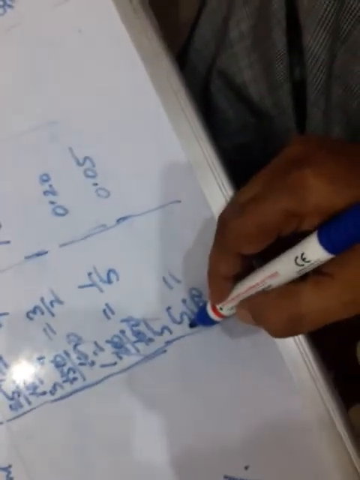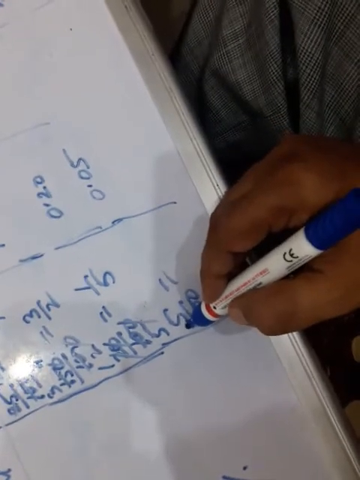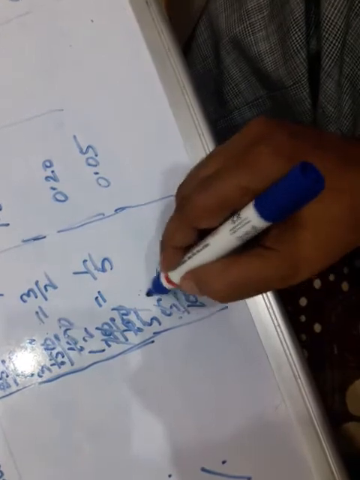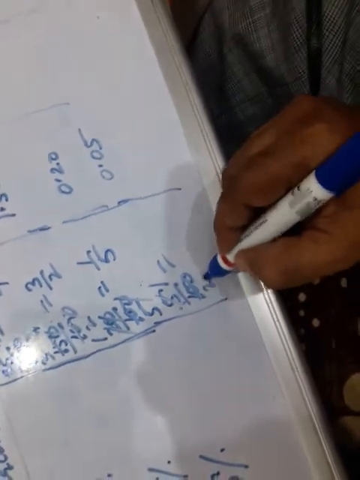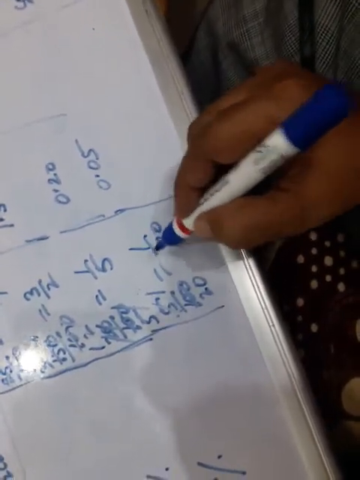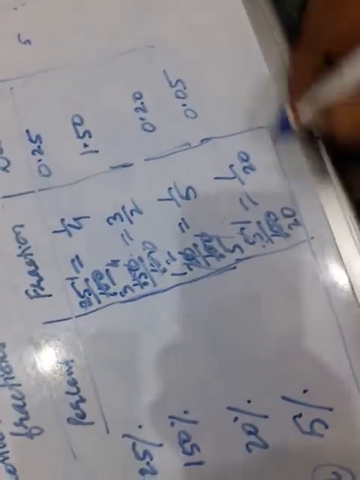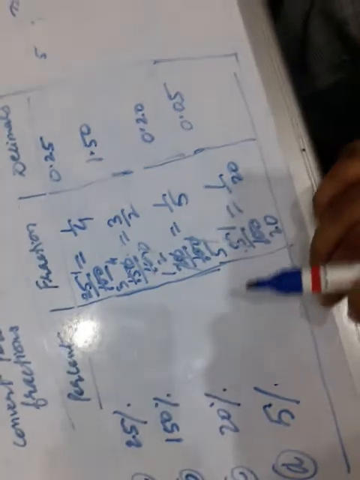One more digit is required. That will be filled with 0 on our own. And what is 5 upon 100? 5 ones are 5, 5 twos are 10, and 5 twenties are 100, so that is 1 upon 20. Okay children. So this question came to an end. Question number 6 we have finished.